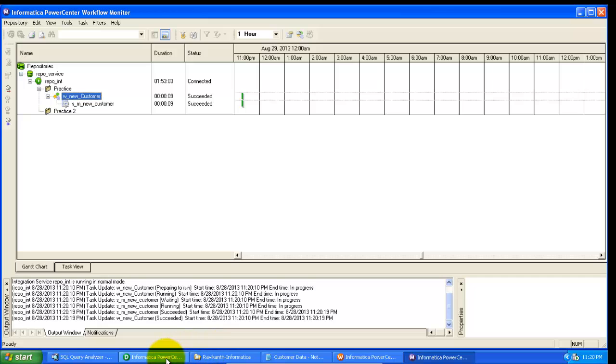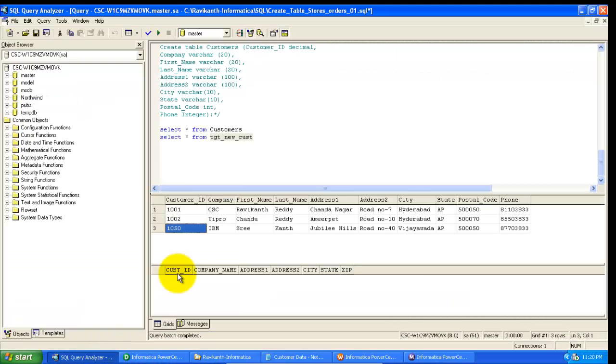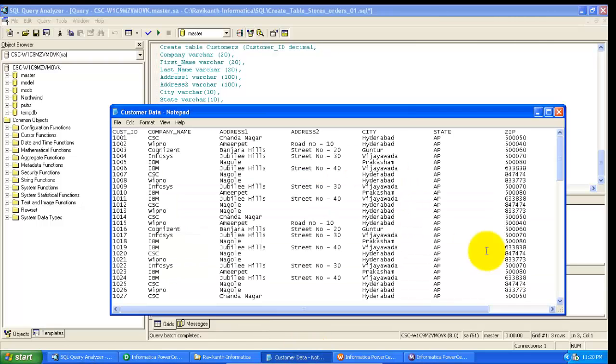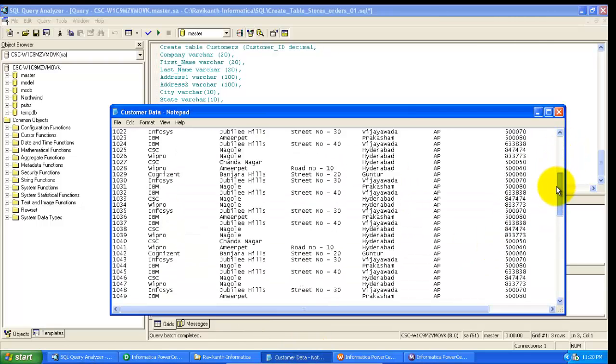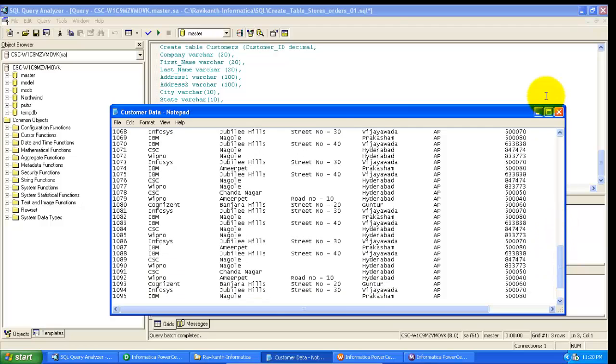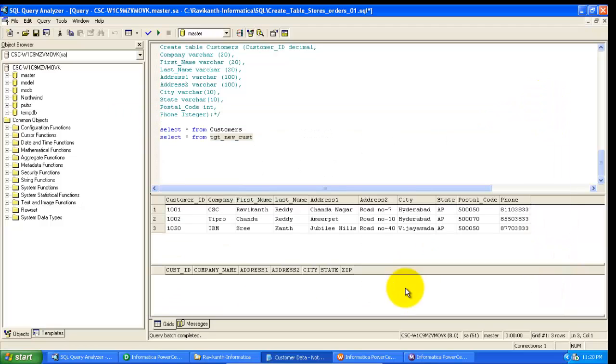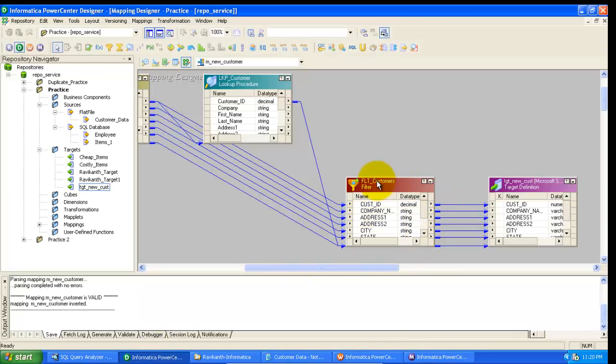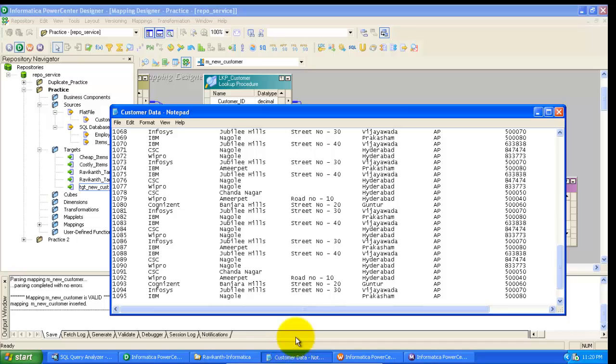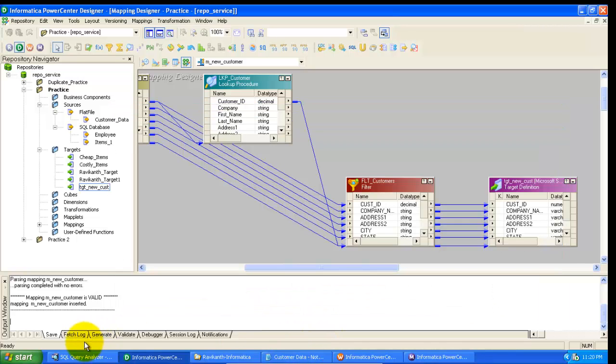Okay, now we will see what happened to my database, whether all the 100 records from my flat file are loaded by considering the business rules, where all the existing records need to be omitted and the rest of the records need to be loaded into the database.